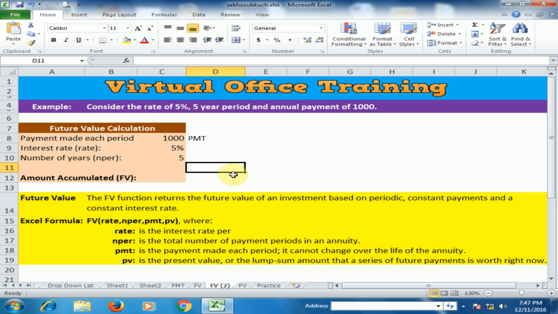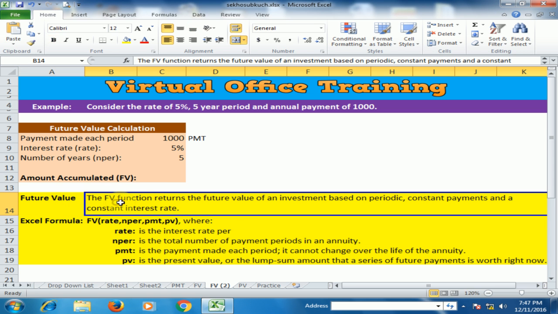Today we will learn how to calculate the future value of any investment in Microsoft Excel. What is future value? The definition: the FV function returns the future value of an investment based on periodic constant payments and a constant interest rate. The formula is